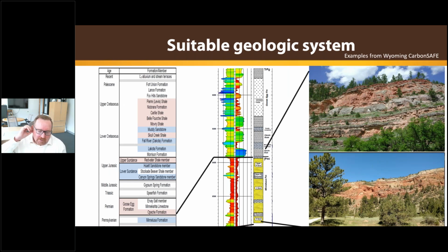What is a suitable geologic system? Using an example from the Wyoming CarbonSAFE project, on the left, you have a stratigraphic chart. If you've ever been subject to a geology chart, you're always forced to look at one of these. So how to read this chart: you can picture yourself standing on the surface at the very top of that